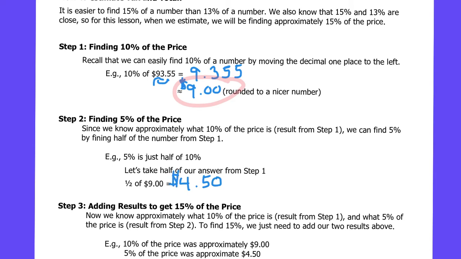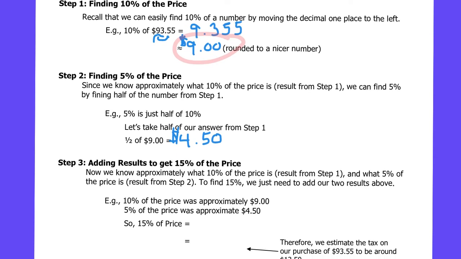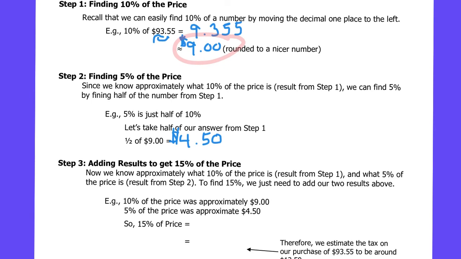So if we added $4.50 plus $4.50, so we added it twice, that gives us 9. So we know that $4.50 is just half of 9. So now we've calculated 10% of the price, which is $9, and 5% of the price, which is $4.50. So we've done all the calculations we need to do, but to get 15%, we just need to add those